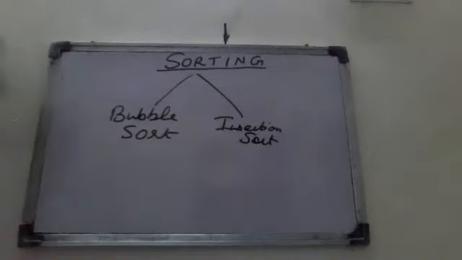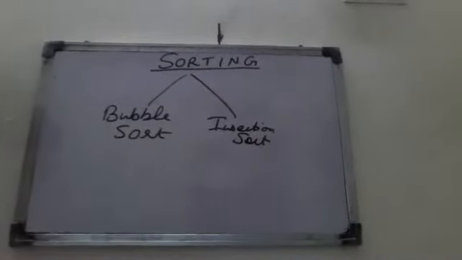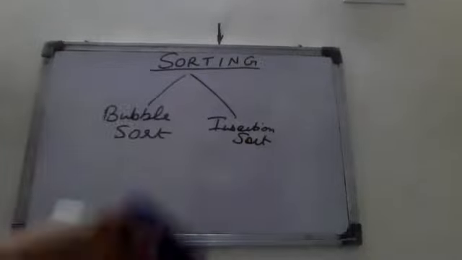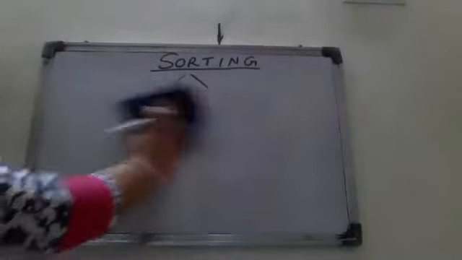So very firstly, we'll start with the bubble sort. In the bubble sort, we just compare the two values. Which one is smaller comes in the starting, and which is the bigger one comes in the second one. No doubt in the insertion sort, we will also do this thing, but the manner of doing the numericals is a little bit different. So firstly, we'll start with the bubble sort.